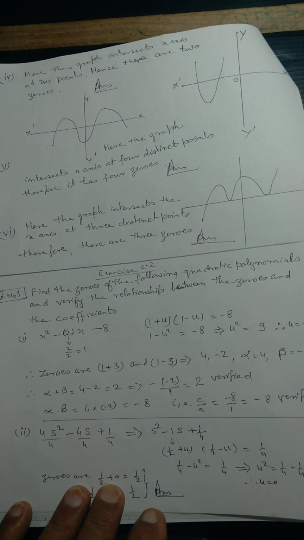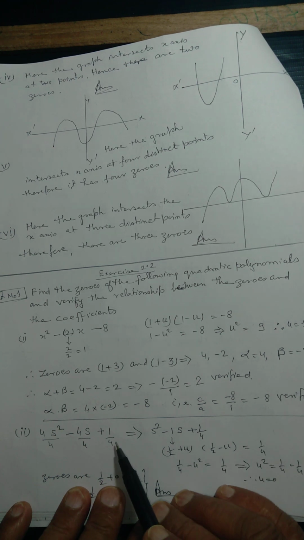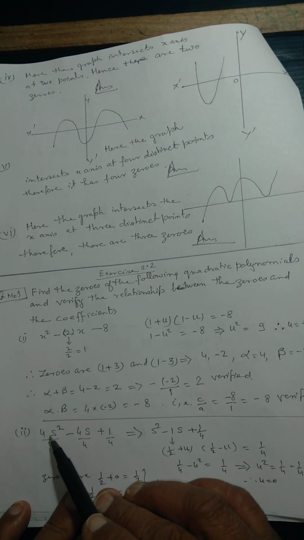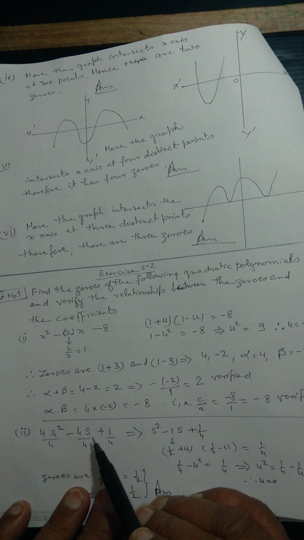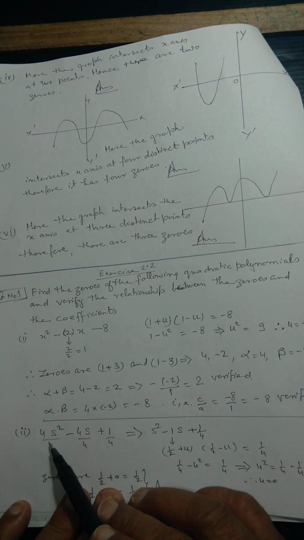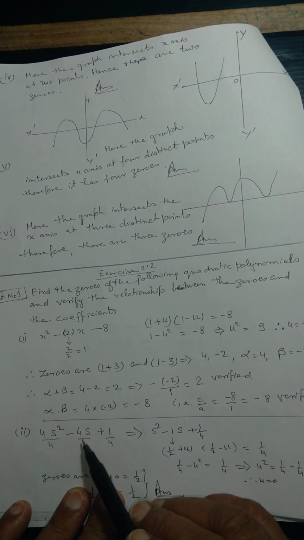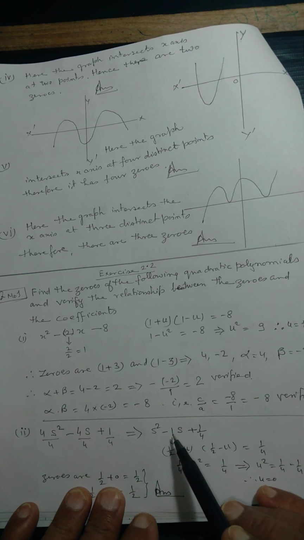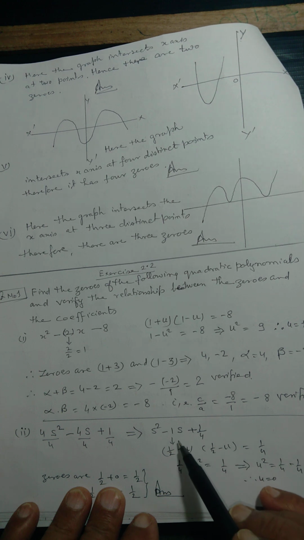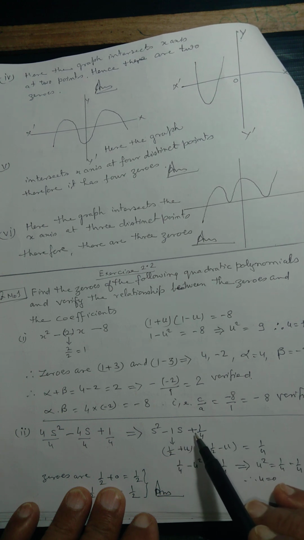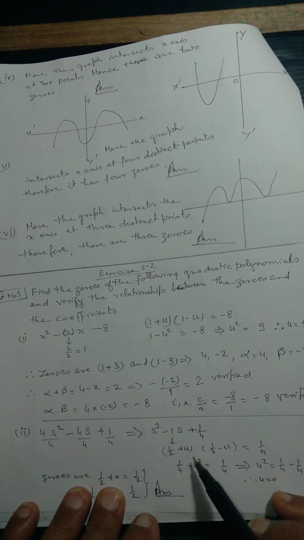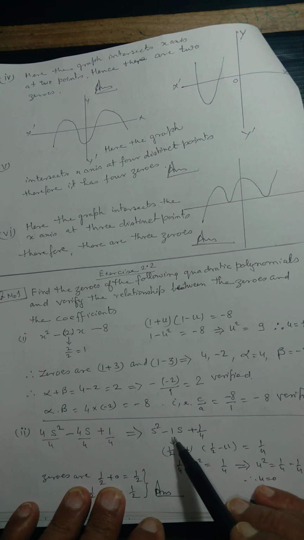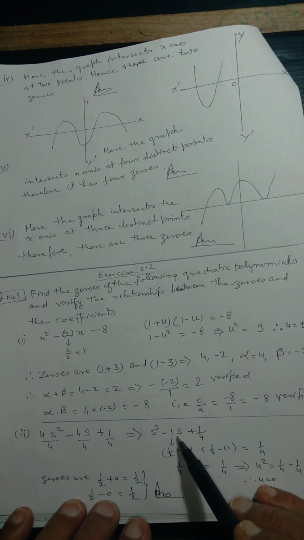4s square minus 4s plus 1. You see, I have written here 4s square minus 4s plus 1. I have divided all the terms by 4. So we will get s square minus s plus 1 by 4. So you see here, what I have done, that I have divided the coefficient of s